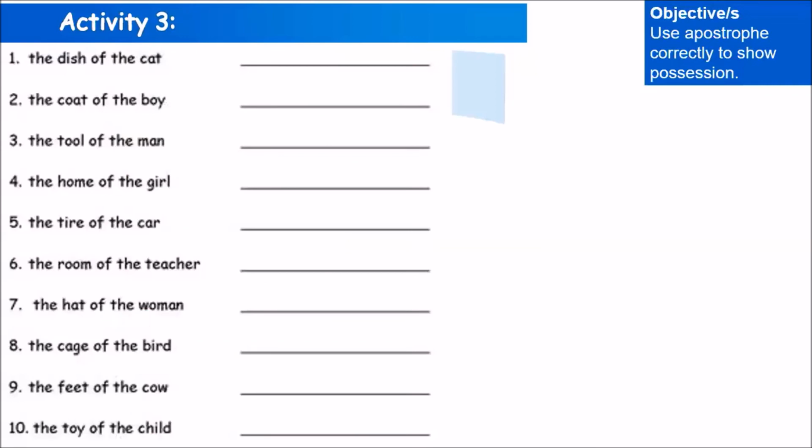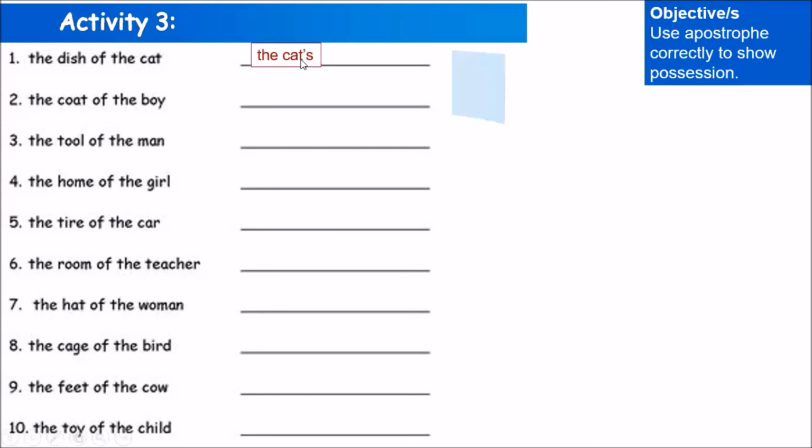Now let's move on to activity 3. This is an independent activity. You practice at home, you try it by yourself. But let me show you how to answer this. I will answer number 1 for you. The dish of the cat. Again, we start with the owner. Who is the owner of the dish? The cat. So we write the cat's,